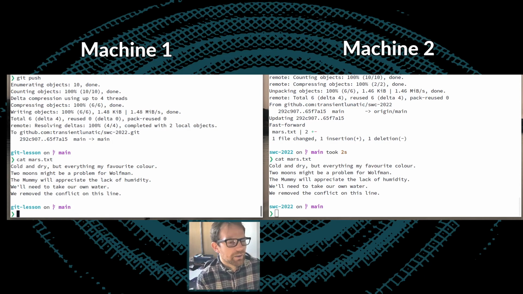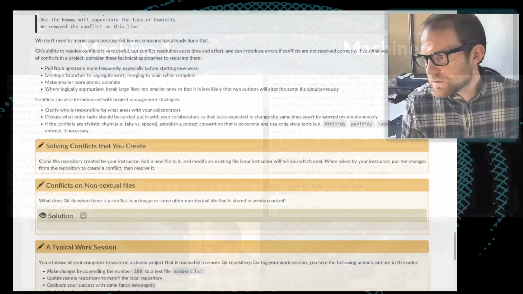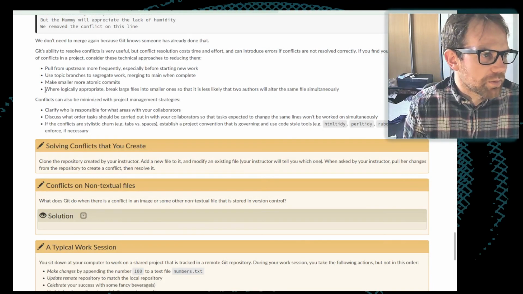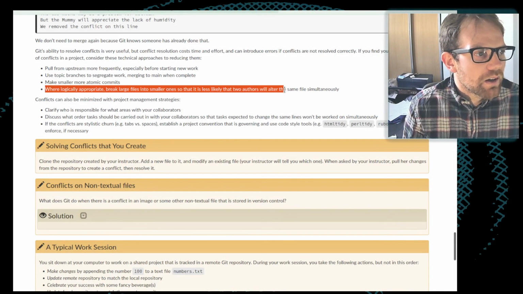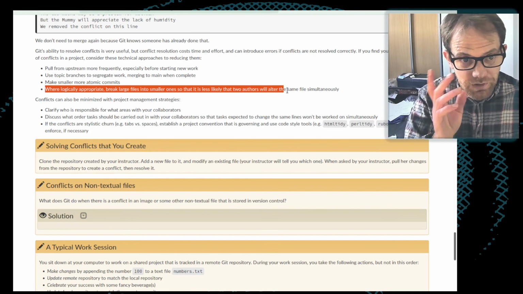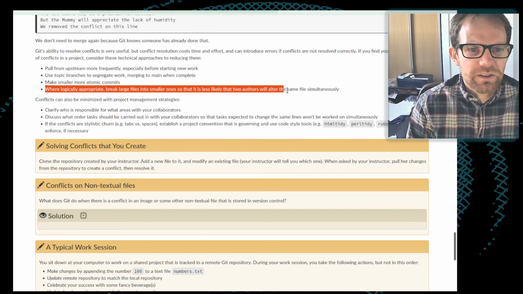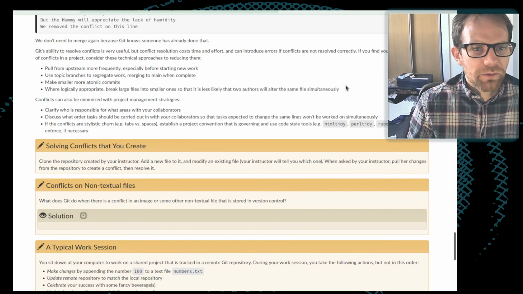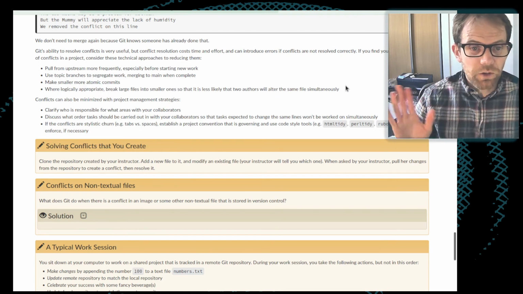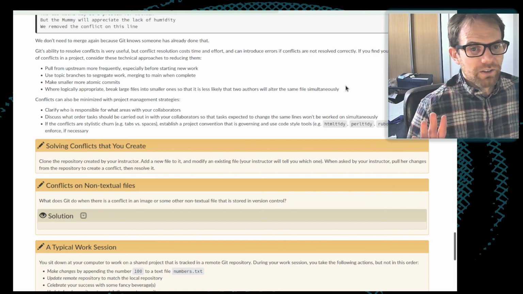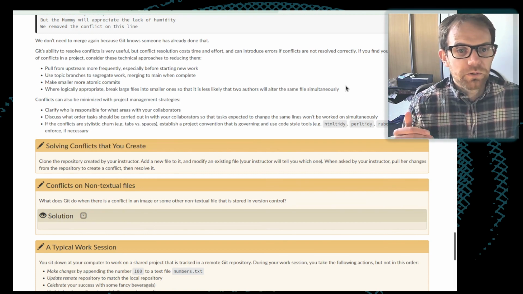And the final suggestion they've got in the notes here is, where logically appropriate, break large files into smaller ones, so that it's less likely that two people will work on the same file simultaneously. That's generally good advice, and it's good advice for reasons other than just version control in most situations. For example, if you have a Python project, don't keep thousands of lines of Python code in one script.